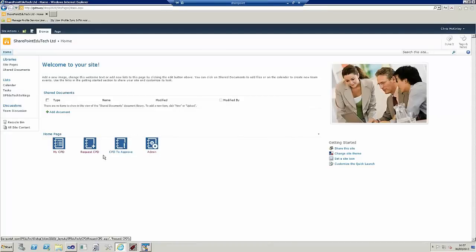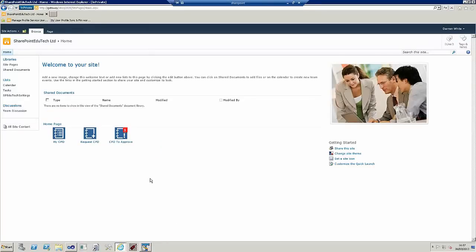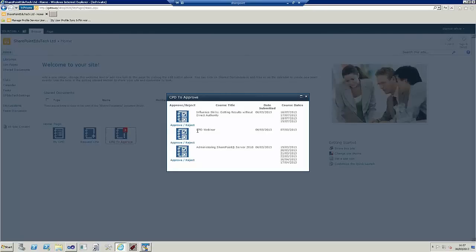For the next icon, if I switch over to the line manager, the person I'm currently logged in as, and refresh the page, we can see we now have 3 CPD requests that need approving. If we go there, we can see that's the one that was a pre-populated course. This is the one I've just requested, and this was the one previously